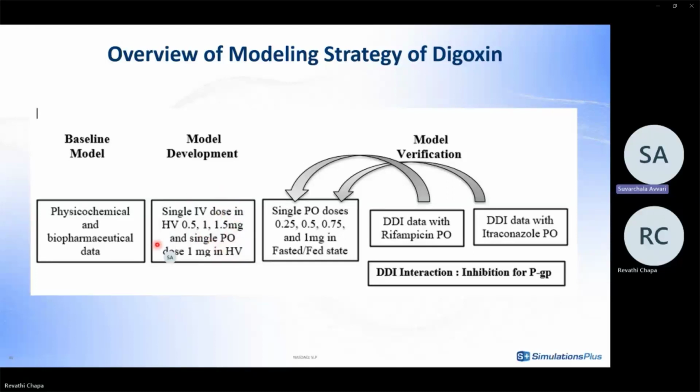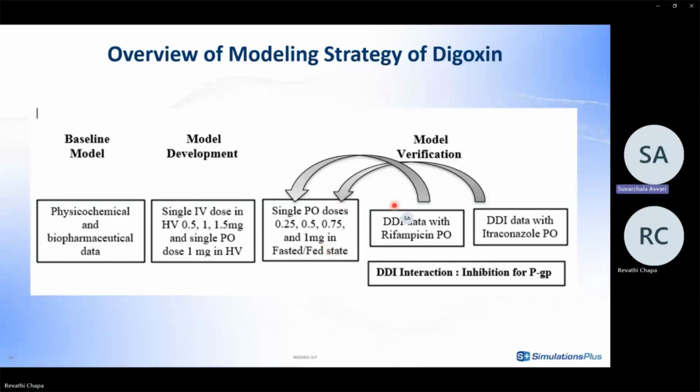Once the model does perform reasonably in predicting the plasma concentrations after an IV and oral administration, then further verification with the multiple doses and the single doses in different conditions like the fasted and the fed state. In some cases, we can test, if the data is available, the model in different ethnic populations like Caucasians, Japanese, and also in different phenotypes or genotype individuals.